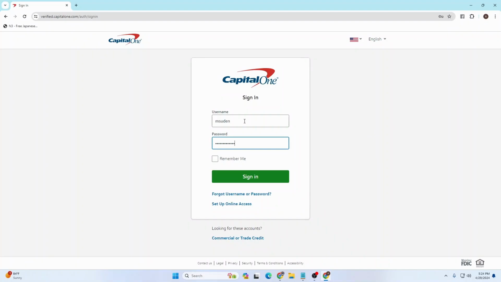of registering your account. But if you've forgotten your username or password, guys, you can always retrieve it from over here where it says forgot username or password. If you click on that button, you'll be taken to a procedure where you will be able to retrieve your username or password. With that being said, guys, after entering your username and password, simply click on the sign in